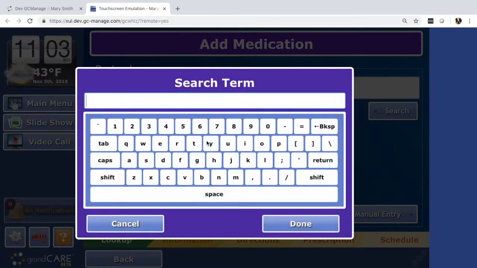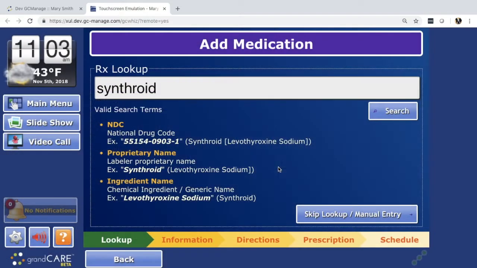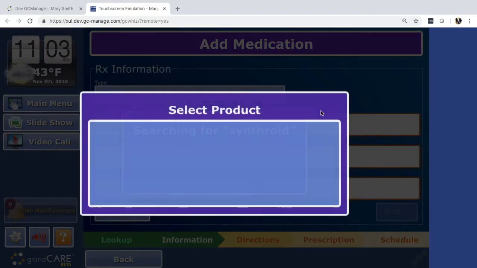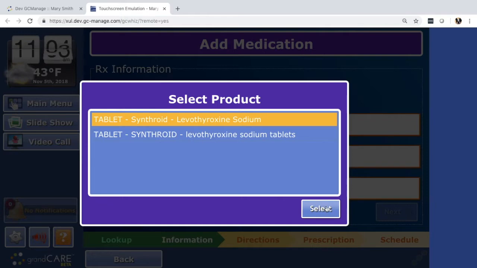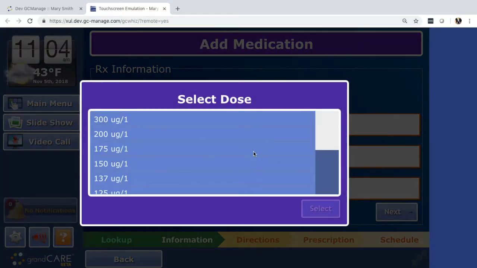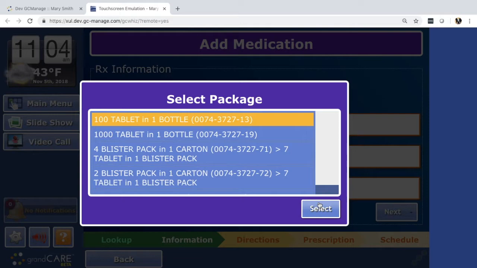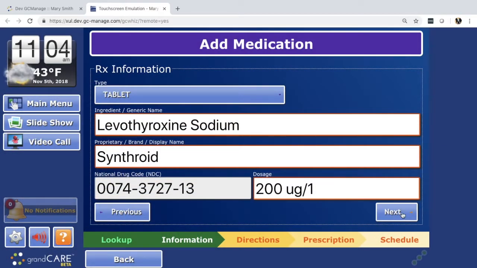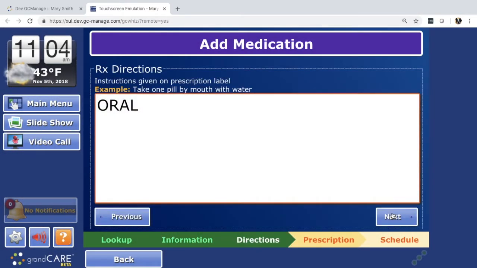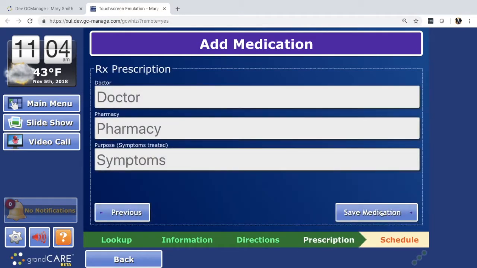I think I'll search for Synthroid, and there's the one we want, and it asks me to choose the dose, and so I'll say it's 200, and I have to select the packaging, and from there I can go to next. There are my instructions. I can add the doctor and pharmacy and so on if I like,